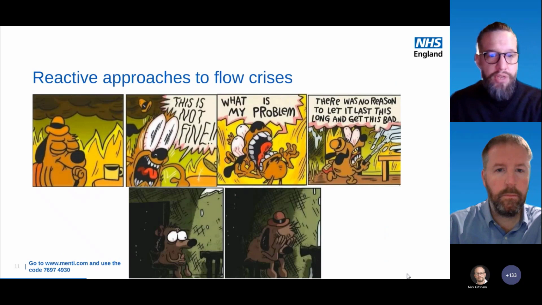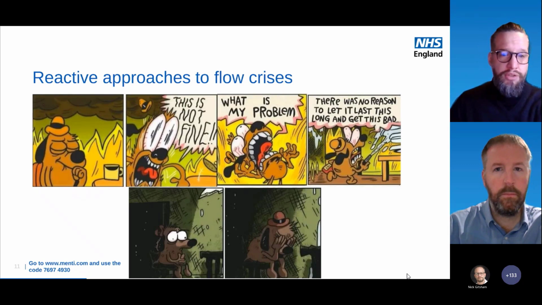So then when patient flow reaches a crisis point, it feels overwhelming, everybody's frantic, it's frankly distressing. There's this feeling of intense pressure, things often feel unsafe, everyone starts to feel a palpable sense of fear, and it's difficult to know where to start when addressing the underlying problems. And this sense of danger and being out of control drives a sense of needing to take urgent and reactive actions to manage the crisis.